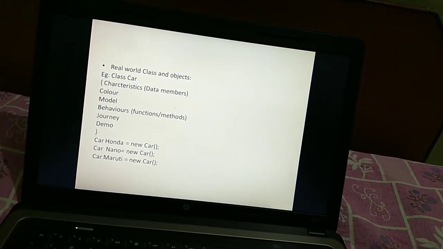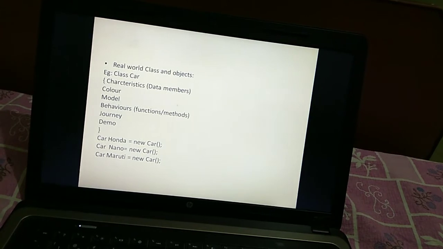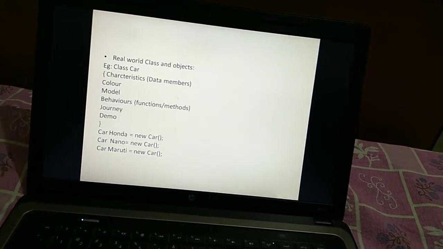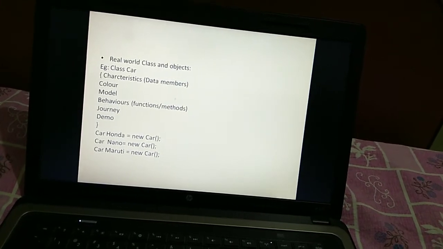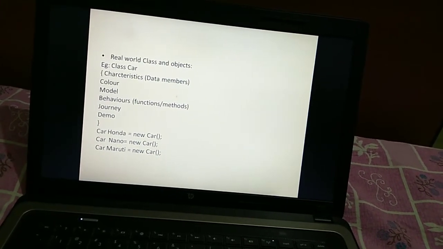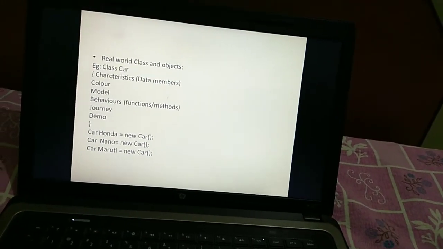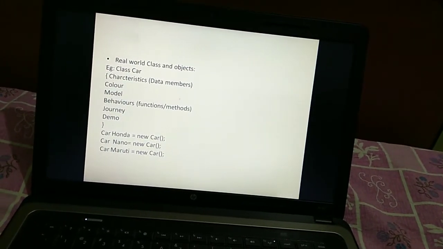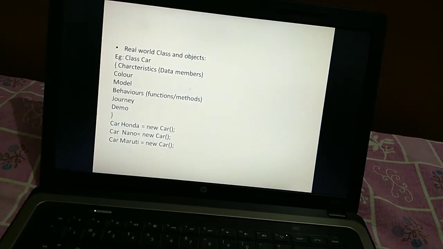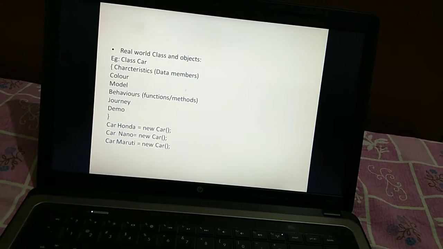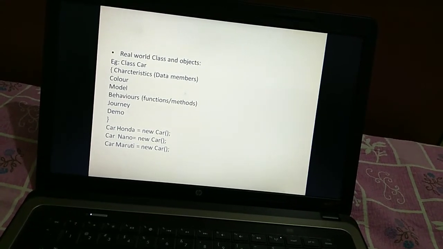Okay, and they have created objects over there. So which are the objects? The names of the car are your objects. That is, Honda, Nano, Maruti are objects which have been created under the class called car. That is, car Honda equals new car, car Nano equals new car, car Maruti equals new car.